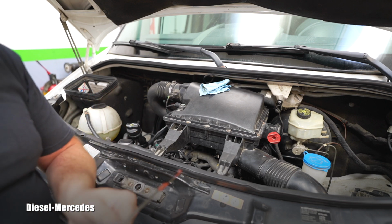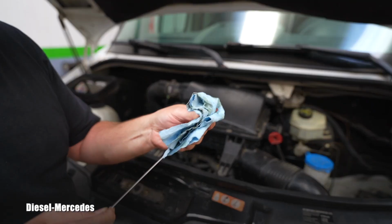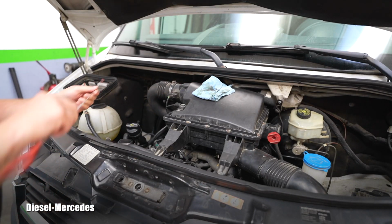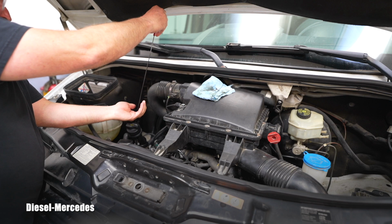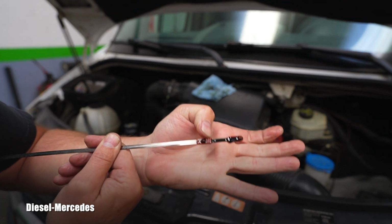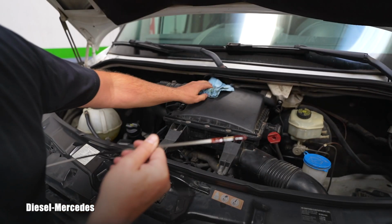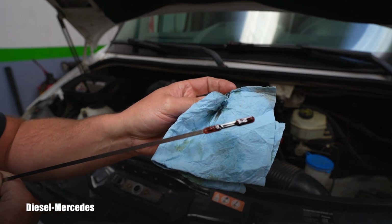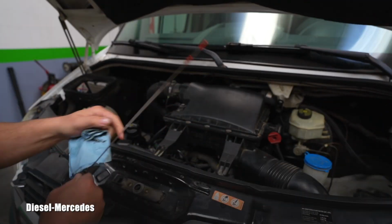And it's shocking, guys, because it's not. I will redo it one more time, because the oil started flowing, but it was right on the edge of that. Let me get it out to you. It's a full synthetic oil, so it's expensive oil from Mercedes-Benz. But look at it. If you look with me, it is not touching that plastic. Here on the other side, a tiny bit. So one side is right on the edge of the plastic. The other one is very slightly on top of it, but that might be me getting it from that dipstick